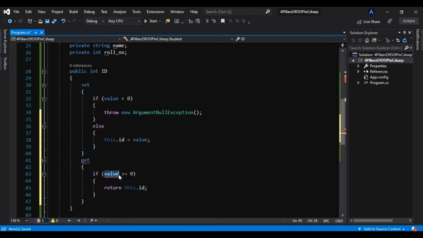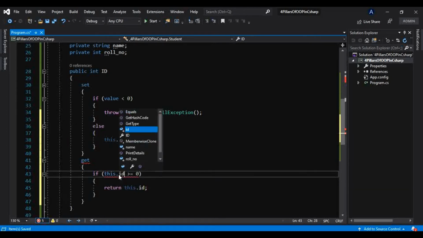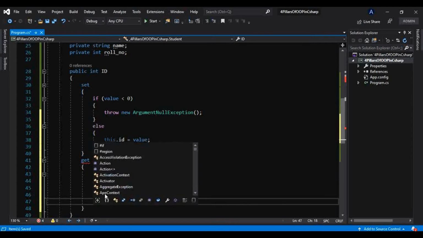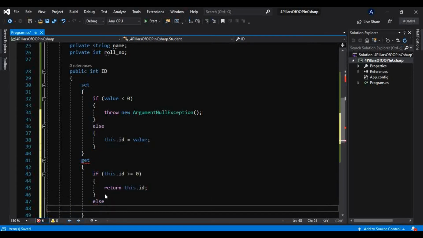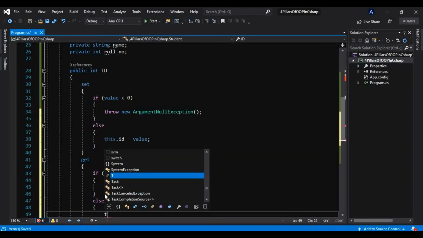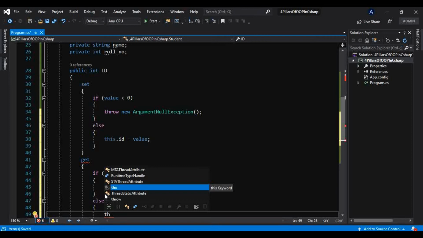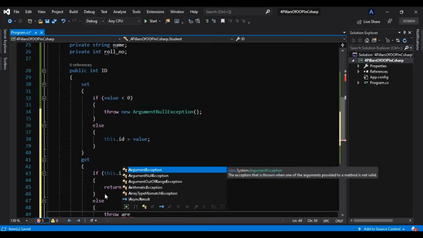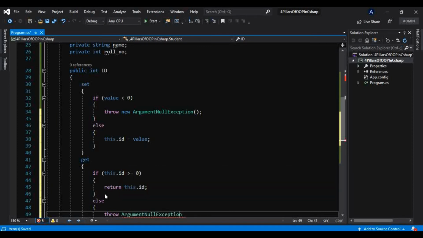Now we can check like this only, without that value. If the user has entered the value for this ID and it is valid, we want to check if this ID is greater than or equal to 0, and then only return that. And in the else block, if it is not correct, we want to throw an exception, again an ArgumentNullException, and that should be a new object like this.